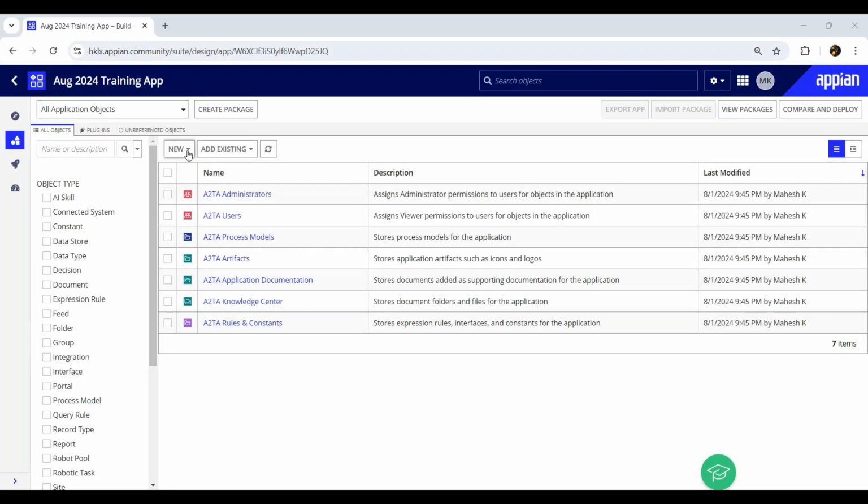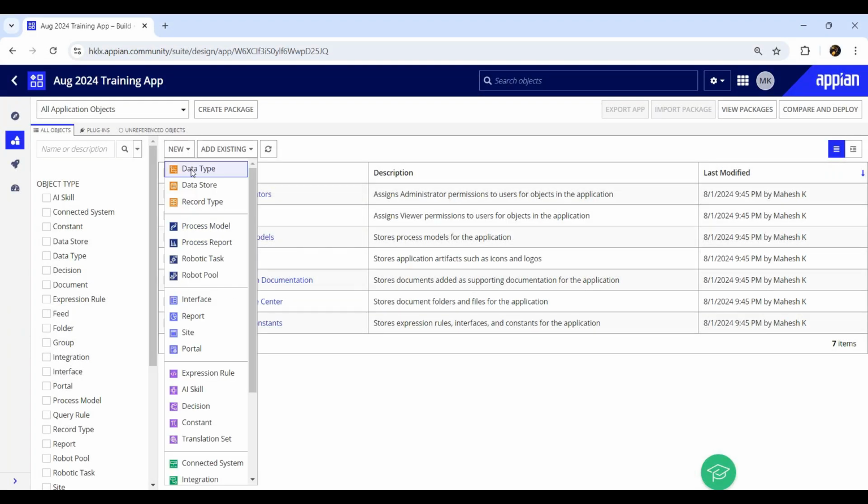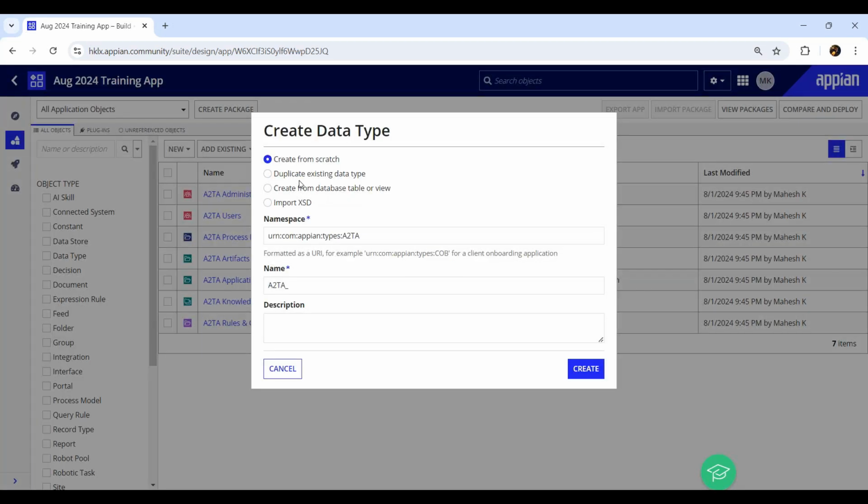Okay, let me show you. If I go and create a new data type, there are four options for creating it. I'm going with the first option for now, create from scratch. I'll name it employee. This CDT will hold